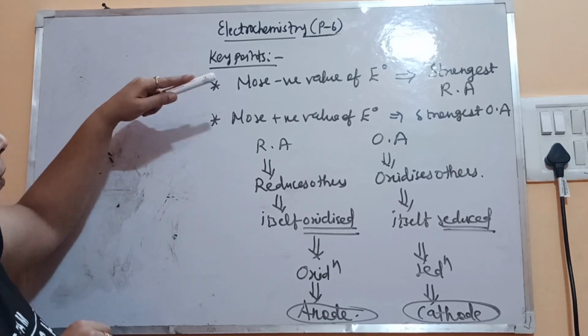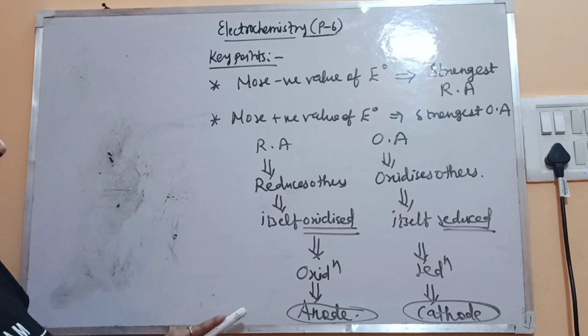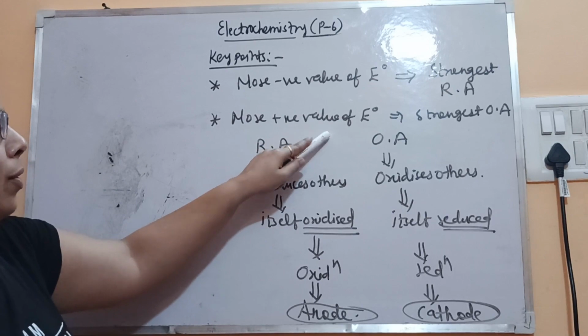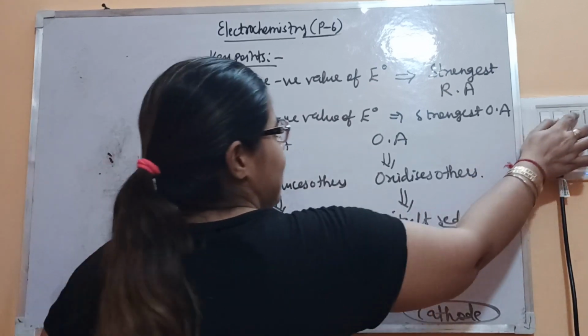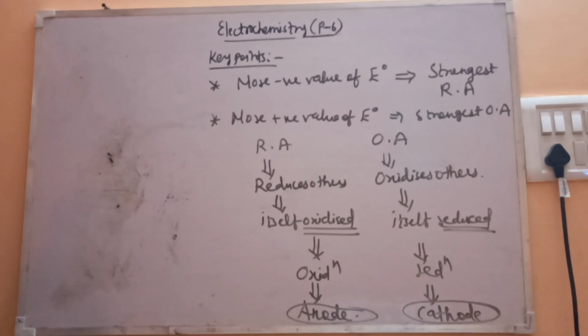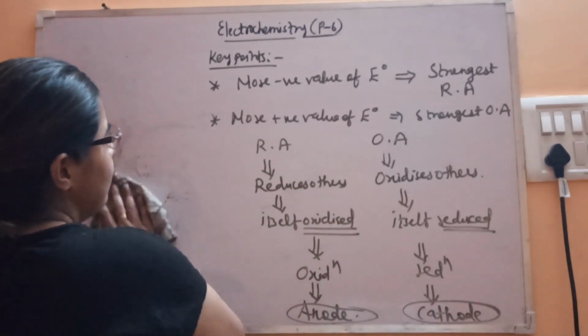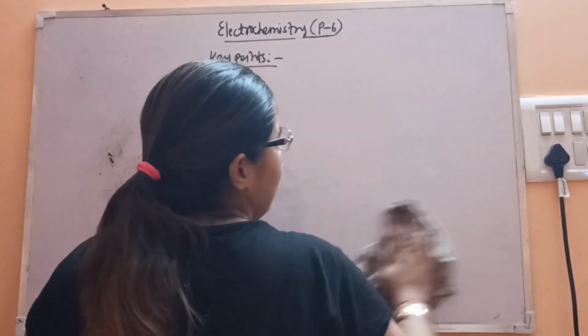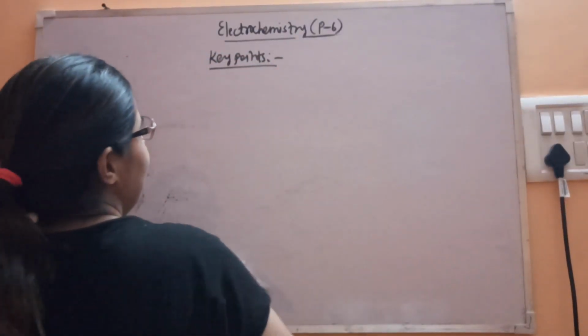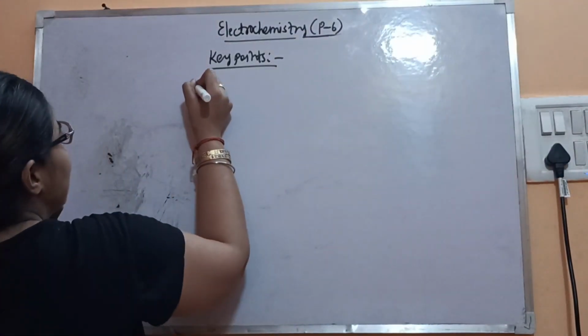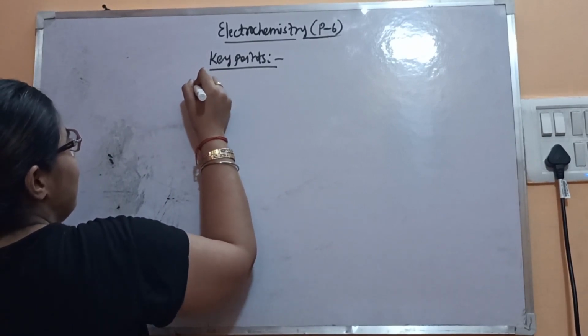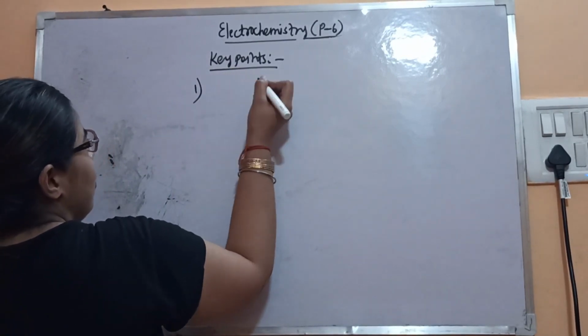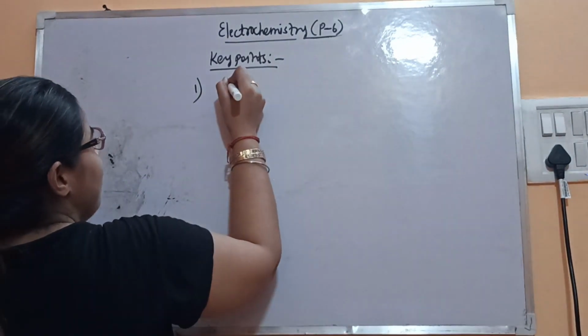Suppose, okay, we have seen that a negative value means that electrode has to be placed at the anode. A positive value means that electrode has to be placed at the cathode. Now let's see the different combinations. Okay, so this is important. Now let's see the other combination. Suppose two values are given. Take the combinations. Let's say the first one. Two cells are there, E naught values are given.